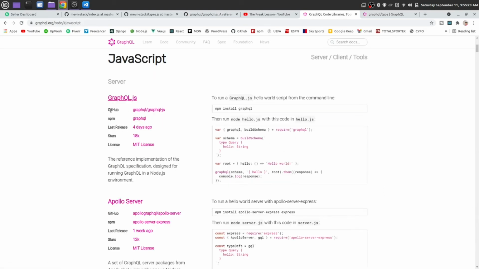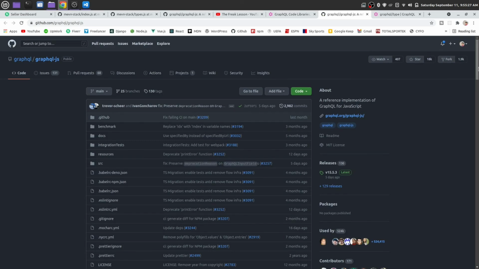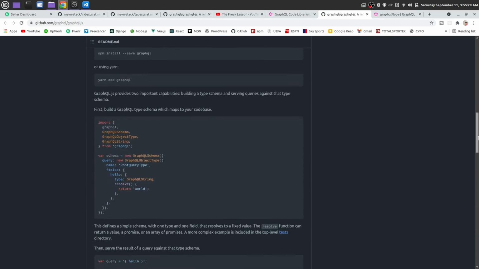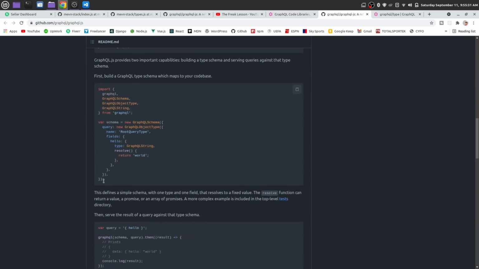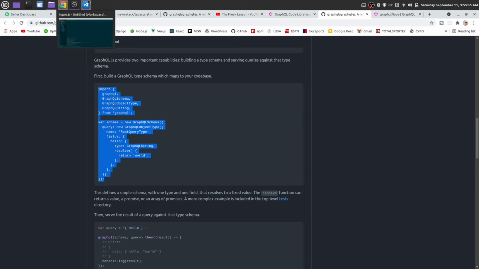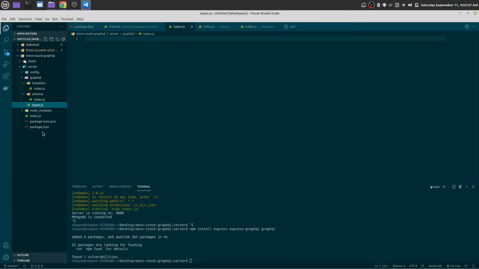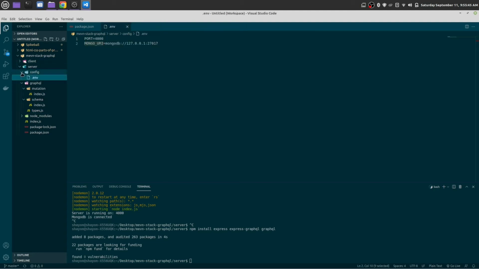From here just go to the GraphQL GitHub. Here you see, let's make a schema first. For that I'm going to use this code as well. So let's go to index.js from our root folder, not schema or mutation. This is the index from our root.